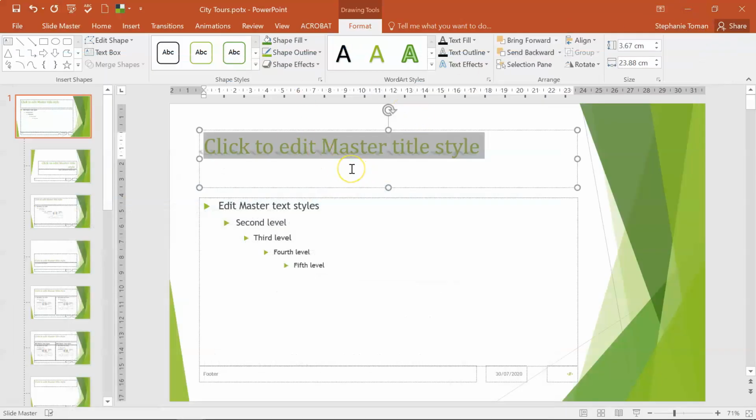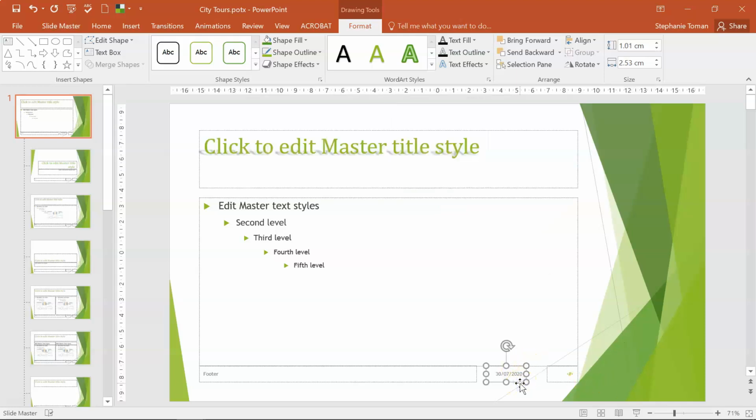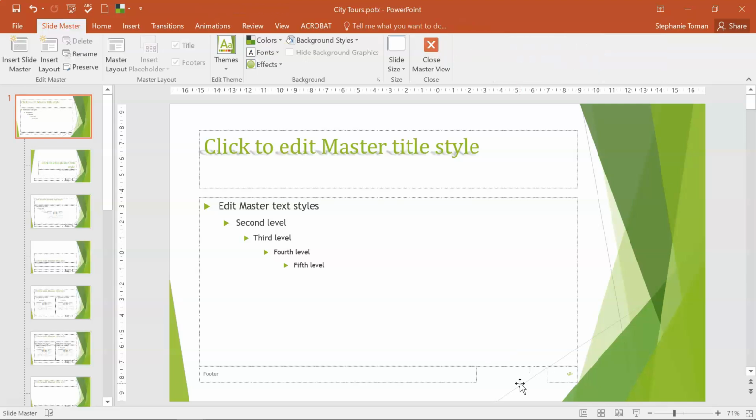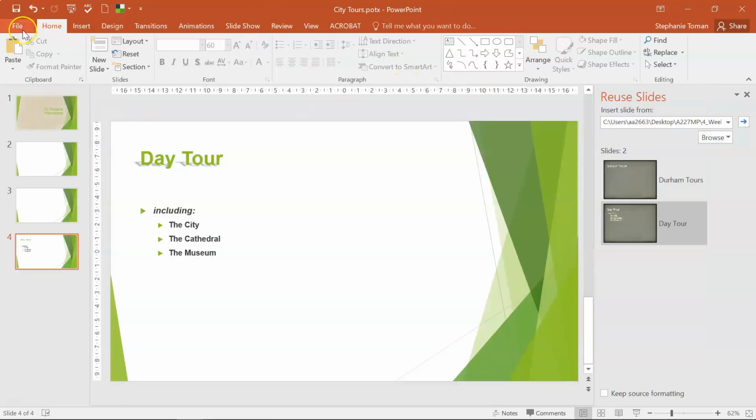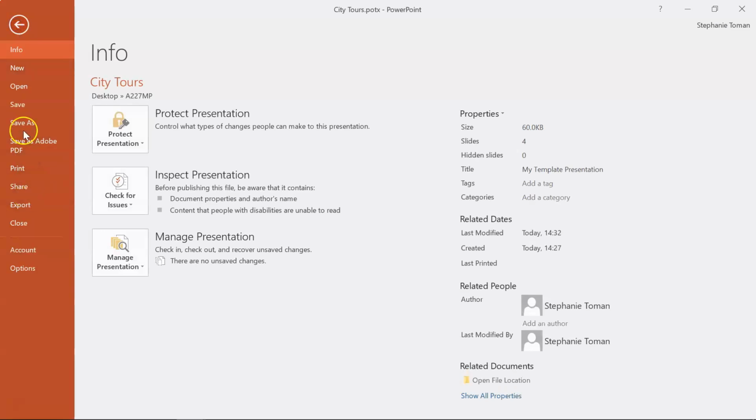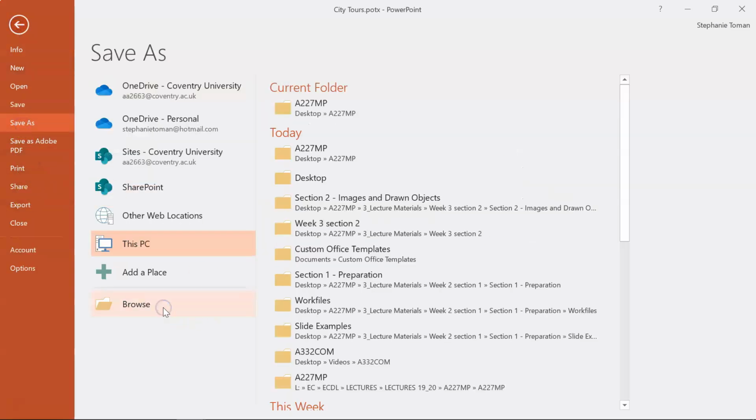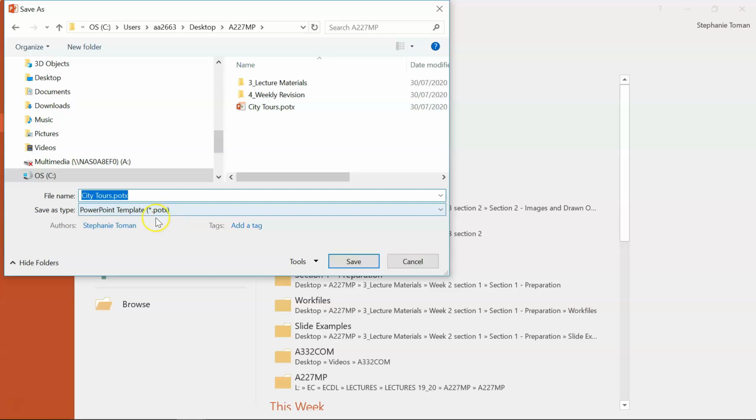So what we're going to do is get rid of the date placeholder, click on the edge of it and hit delete. Make sure you don't click the date inside. And then close that, and then we're going to File, Save As, and Browse. Make sure it's still a template, which it is, and we're going to change the name again. So it's quite tricky, all of that. New template,